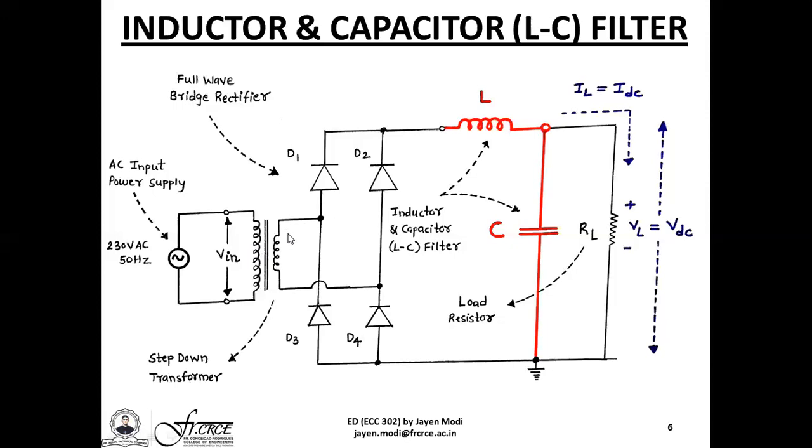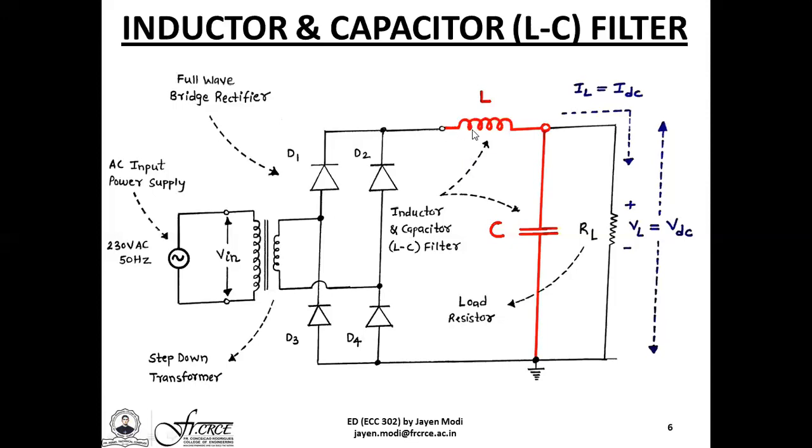Now, for this particular step down transformer, the secondary windings are connected to certain points of the full wave bridge type rectifier circuit that has diodes D1, D2, D3, and D4. Since we are all aware of its operation, two of the diodes turn on and conduct the current in one of the half cycles, while the other two diodes which were previously off now turn on and conduct the current for the other half cycle.